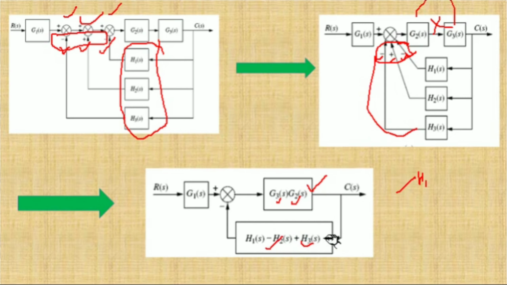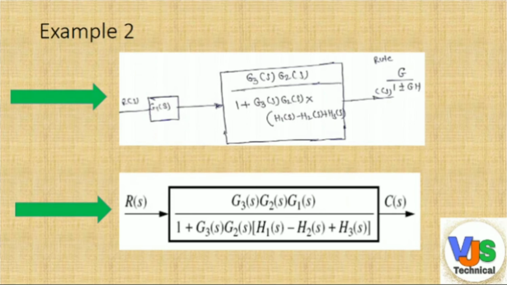Now, if we see carefully, we can observe that these are in a feedback loop control system. A simple rule for eliminating the feedback loop can be applied over here. By the rule, we can reduce this to a single transfer function block. See how we can simplify it. Simply we can solve by the rule G upon 1 plus or minus G into H.